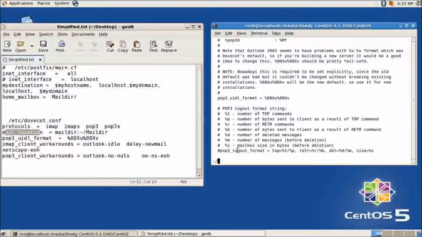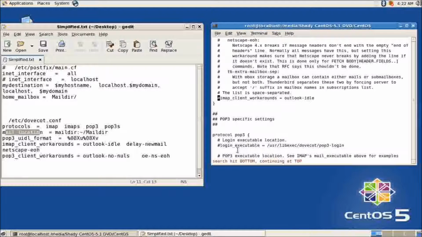Let me look now for IMAP client. Sorry, IMAP client. It is in there. It's here. IMAP client workarounds. So what you have to do, just delete this thing here, and then you add all those lines that weren't there. So I'll just add this delay, look for it, delay